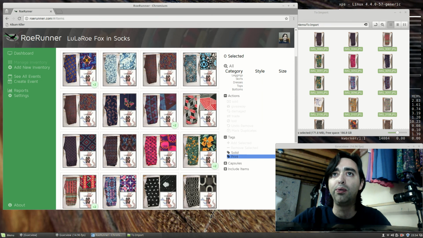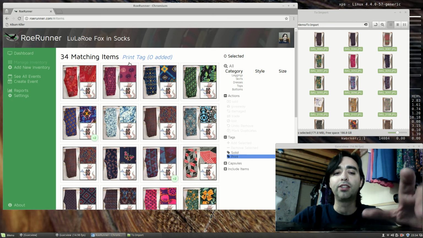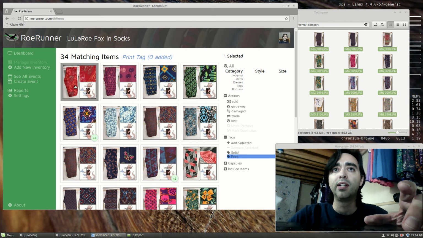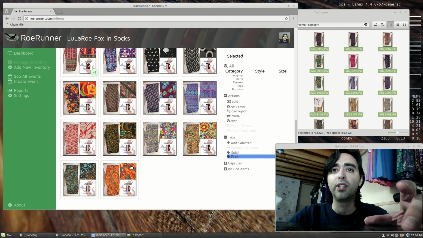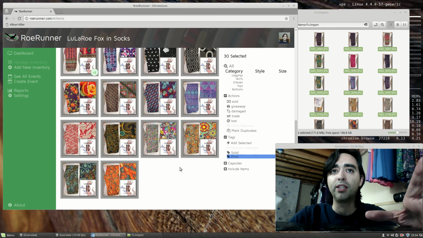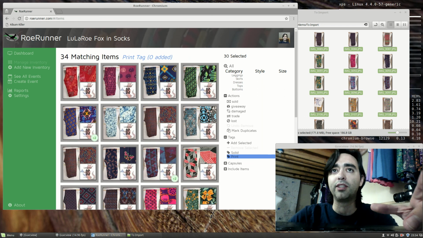In this view, I'm looking at the print tag and there's nothing in it. Only leggings can go into the print view, and so I would go through and select all my prints. In this case, that's all of them. But if you had a mix of solids, you would want to carefully only select the print ones and then